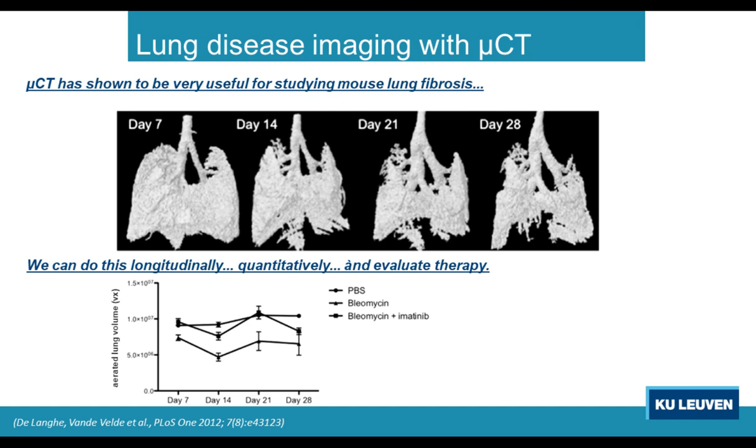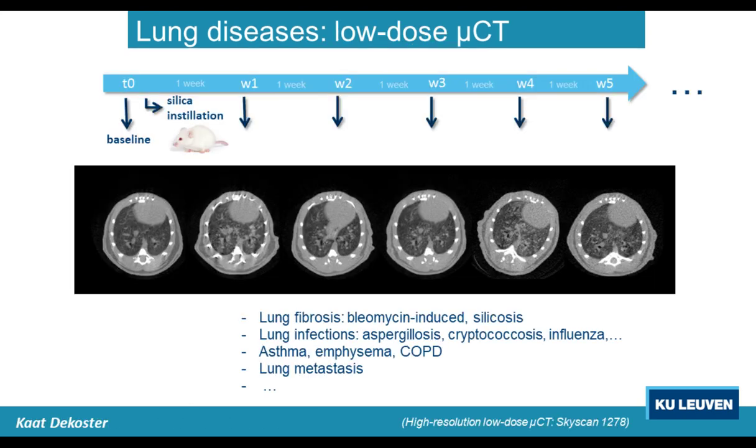And you can also quantify the efficacy of a treatment, which is here illustrated by treatment with imatinib in bleomycin mice, which gives you the quantitative data and the standard deviations which you need to prove whether your curative therapy is working or not. So this is also powerful for other models of lung fibrosis,